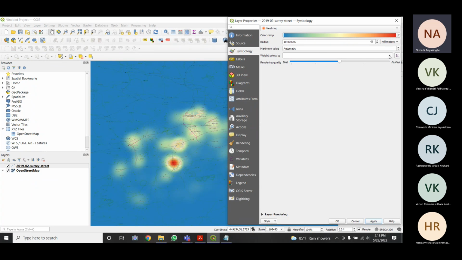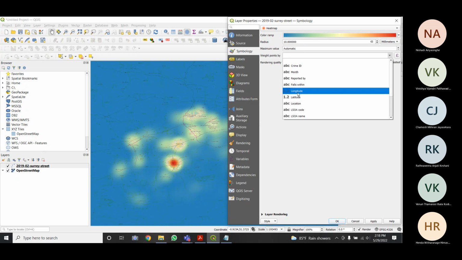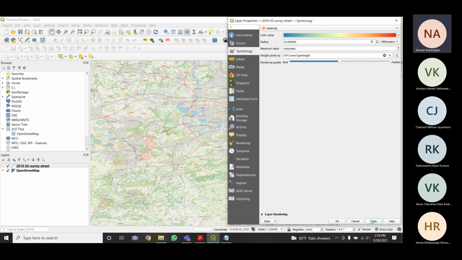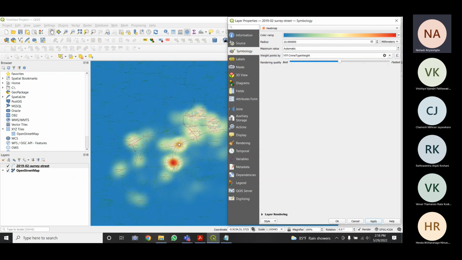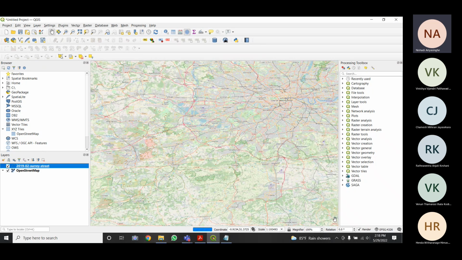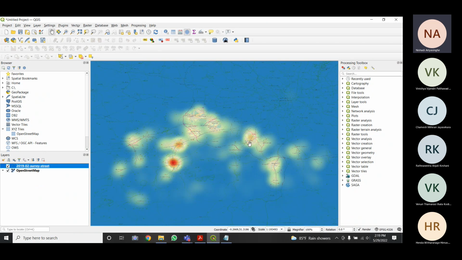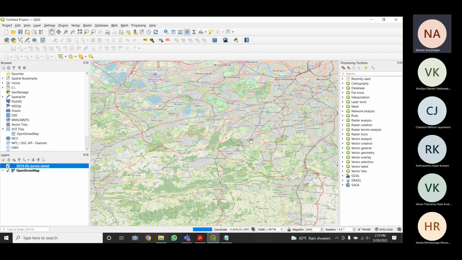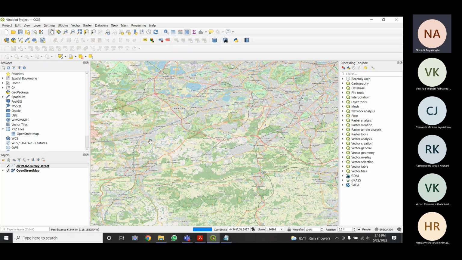But if I apply this crime type weight, you can see more heat is applied here, and more heat is applied around this red color circle. So if I click OK, and here also previously heat was not there, but now somewhat of heat has been applied, right?